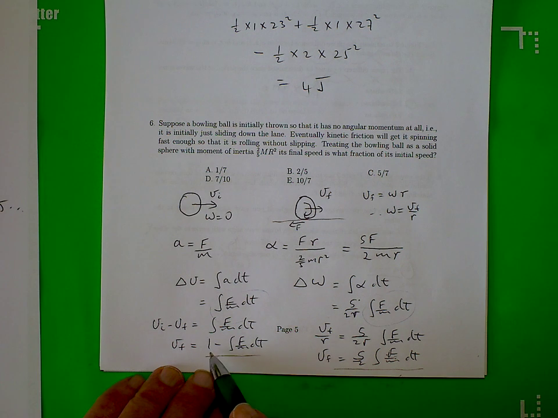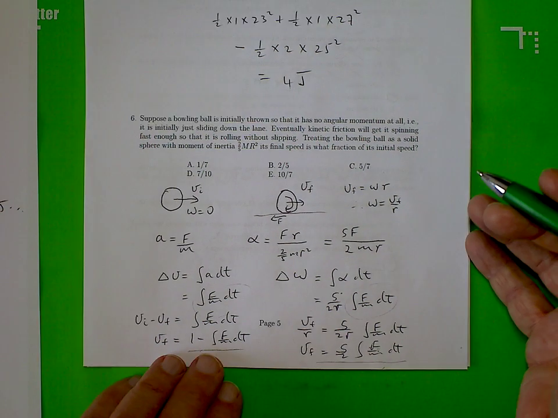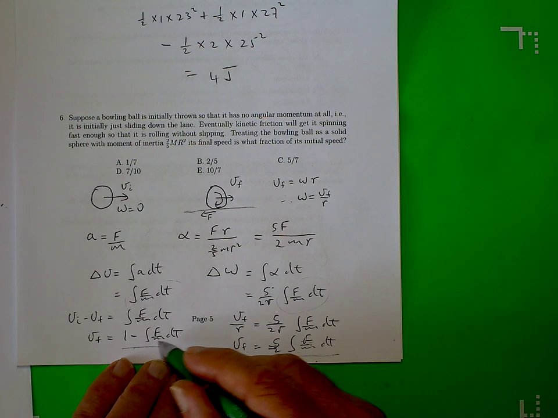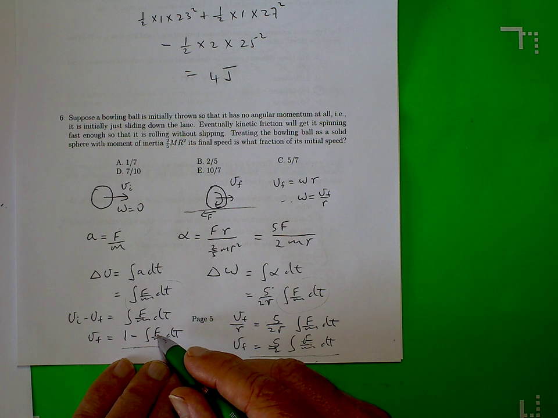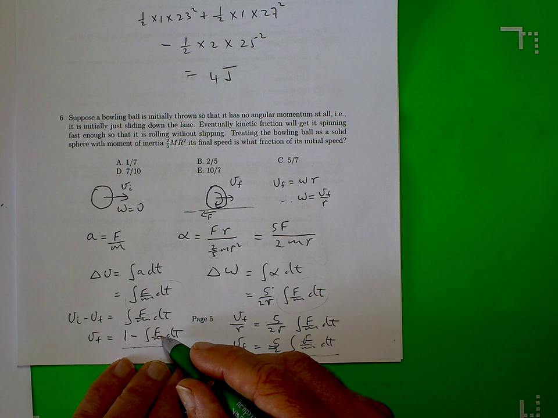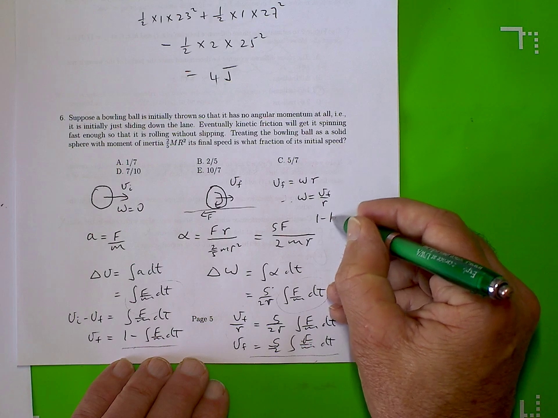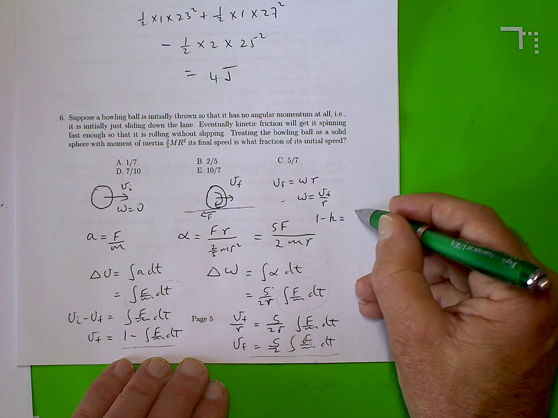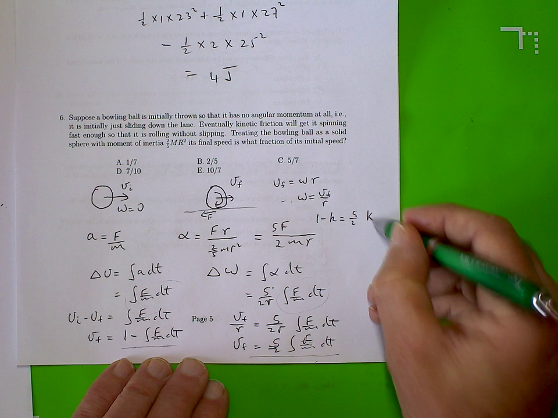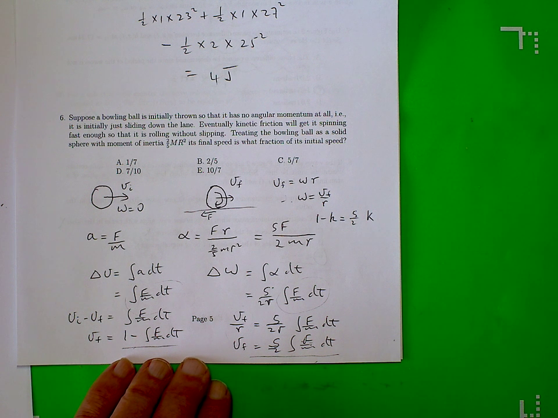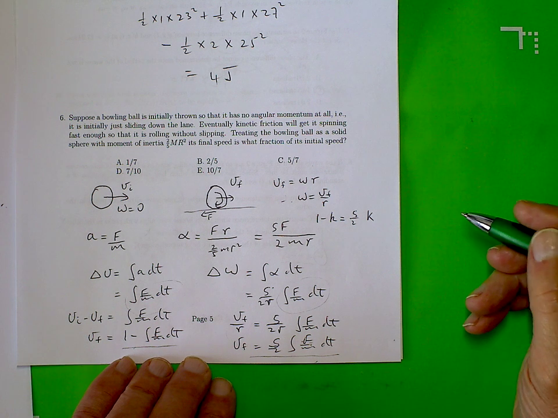Basically, if we look at this, let's just call this integral, say, k, okay? I'm left with 1 minus k is equal to the same as 5 halves k. And that seems a bit dodgy to me in any way,